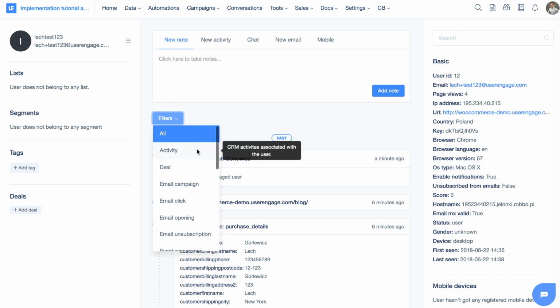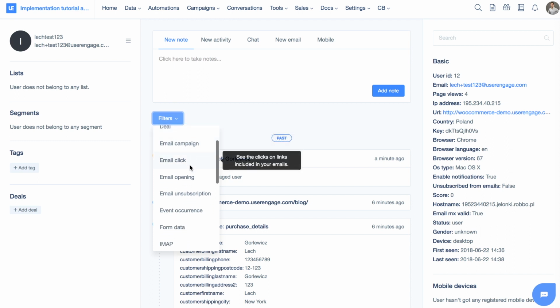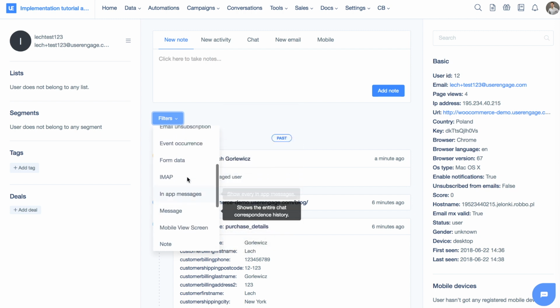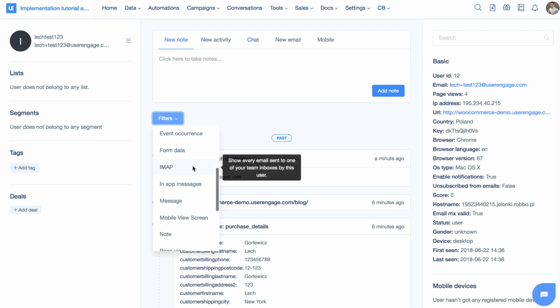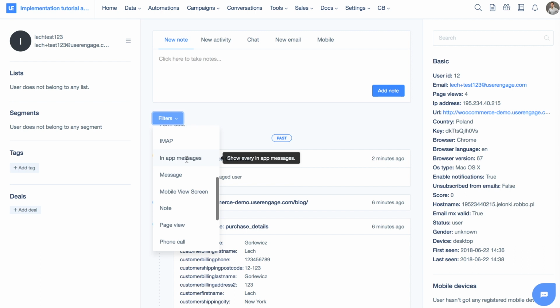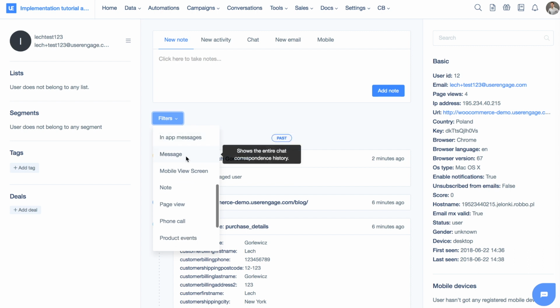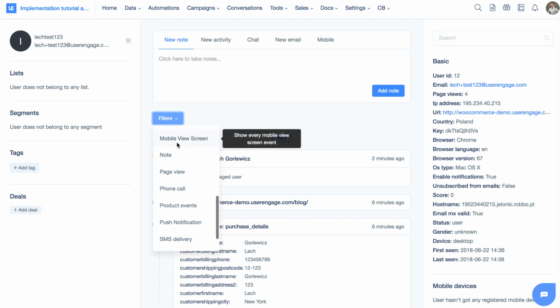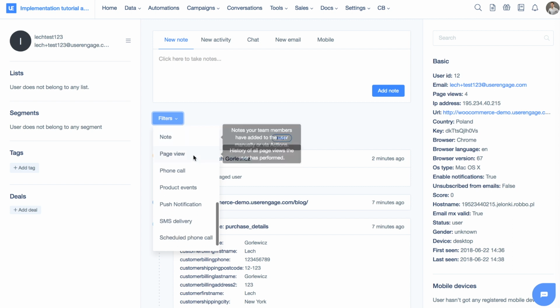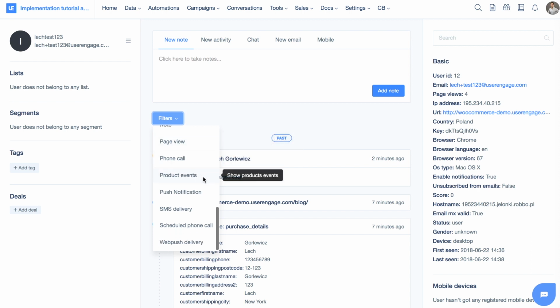Other elements include activity in the CRM, deals in the CRM, different interactions with email campaigns, data about filling out forms, the pop-up forms of course, IMAP, so the connection with the inbox of an agent. If you have IMAP enabled, then the incoming messages from this user to your inbox will be displayed here. In-app messages, meaning mobile messages. Those are simple chat conversations. Mobile screen views are also like page views but on mobile. Notes, as you've seen before. Page views, phone calls, product events. Product events are different types of events that regard e-commerce transactions or e-commerce operations, but I will cover that